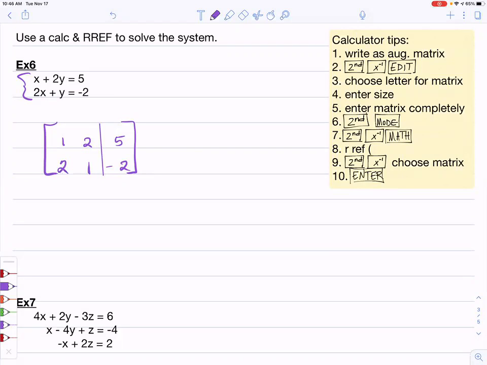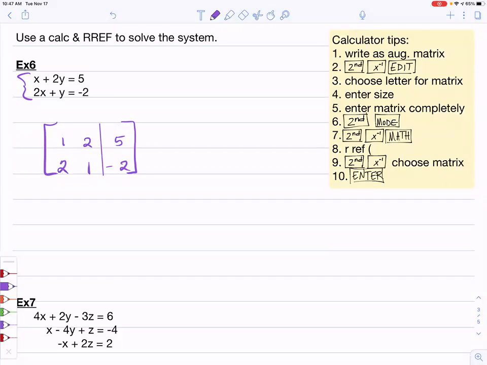All right, so you have to go under the math column in the middle. Go to the math column. And you want to go down, down, down, down, keep going, keep going. What are you looking for? RREF. And you've got 2 of them. You've got an REF and you have an RREF. Make sure you go to the RREF. Okay? You can push enter there, but then you have to tell the calculator which matrix you want to get